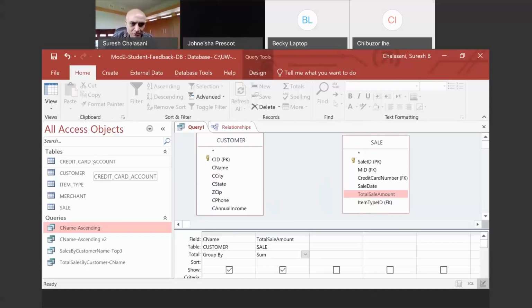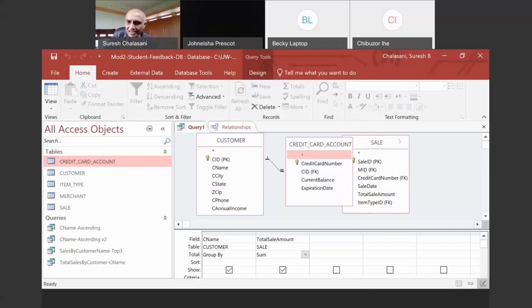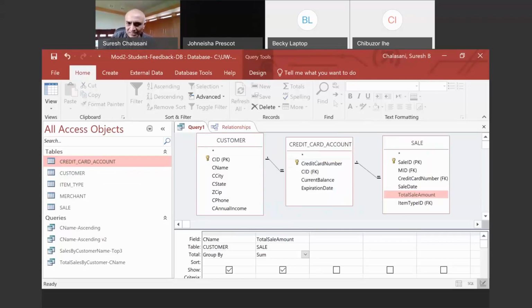So to show the relationship, you have to bring the credit card account table. If you just drag and drop it, you don't need to bring the credit card number or any column from this credit card account table. You are just fine. You just need to bring this table into this.